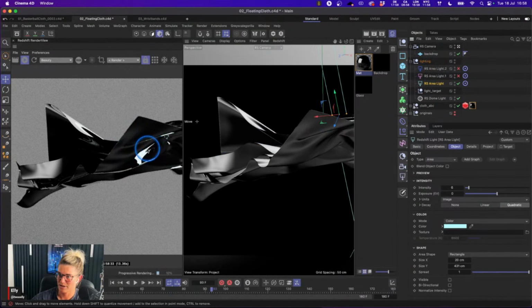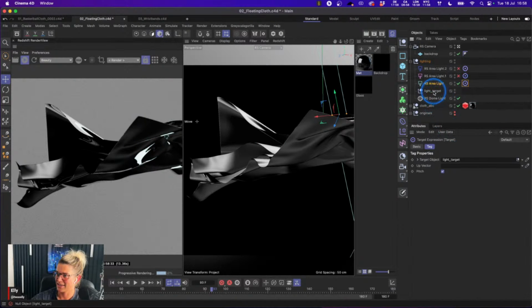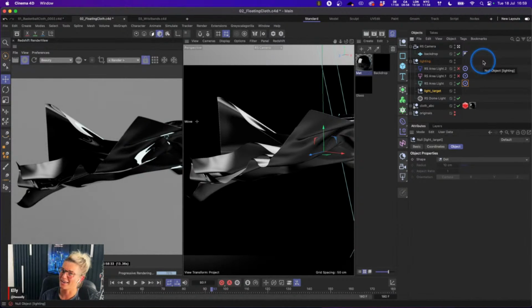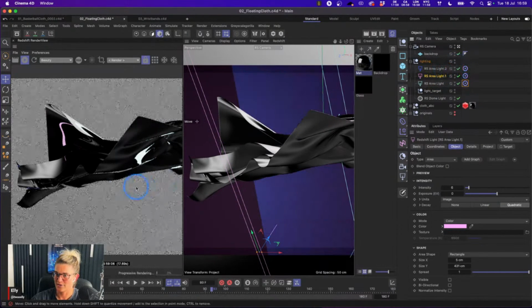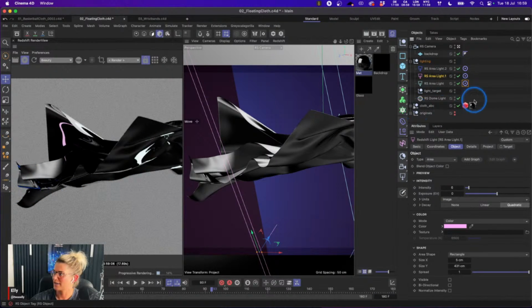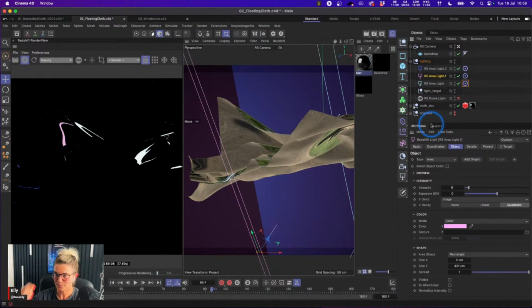We can see we get this really interesting looking pattern here. And I tend to always add a target tag and then use a light target because it's a really easy way of rotating and positioning lights without having to really dive into the light itself. And then a secondary area light. And then a third area light. So we're getting these really nice, if I just switch off the dome light, these are